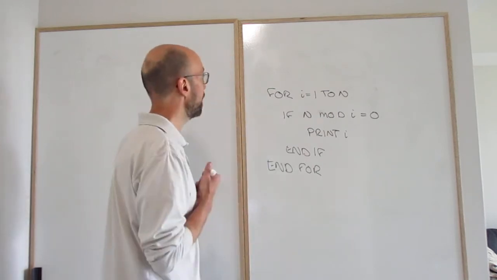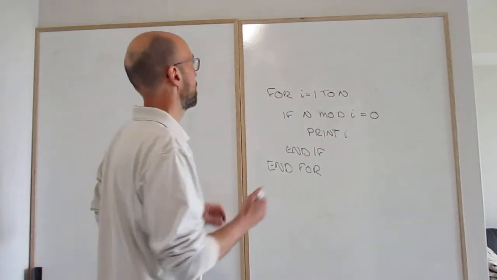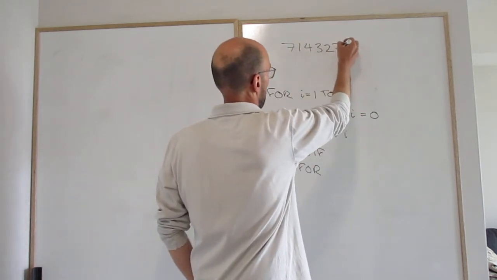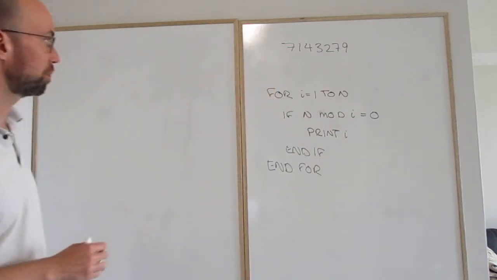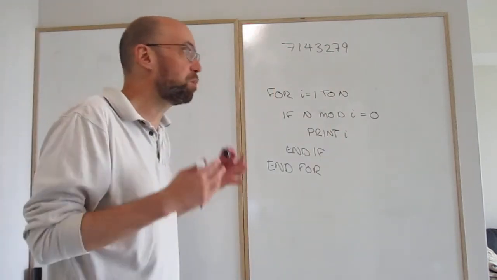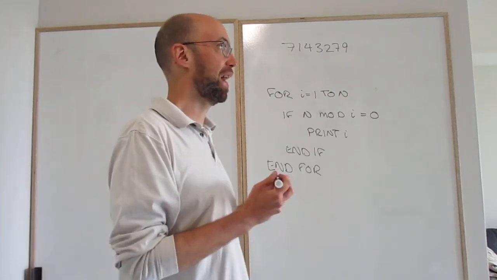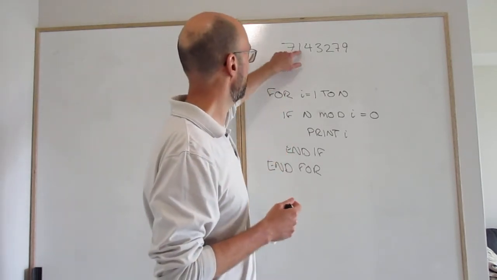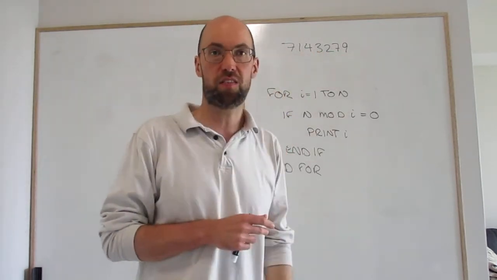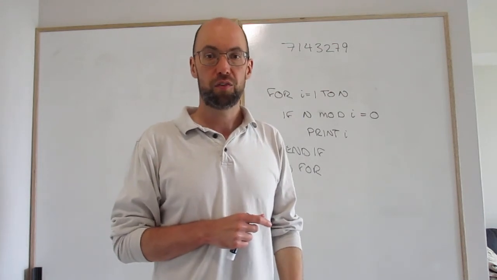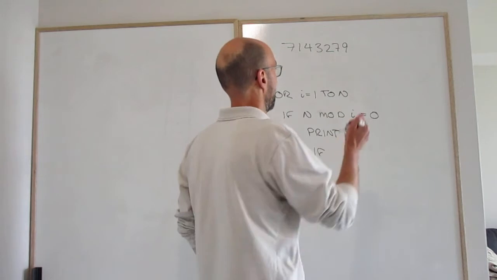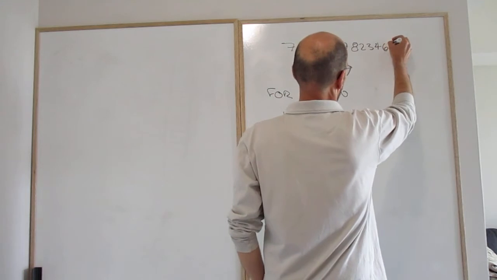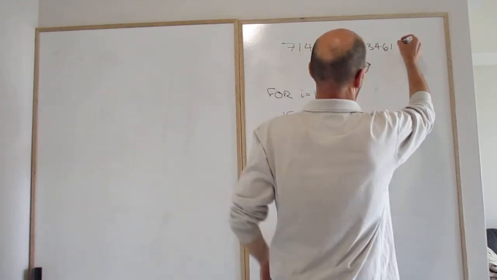Because if I write the number 7143279, how big is what's actually being passed to the program? Well, it's 7 digits. Now if I add another 7 digits, 8234615,